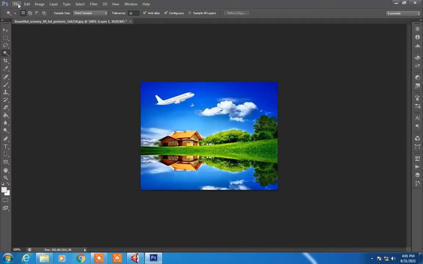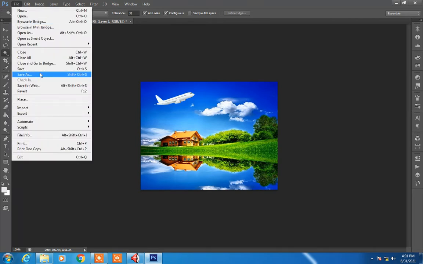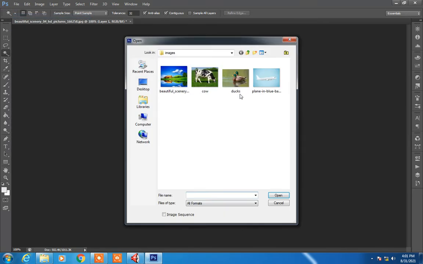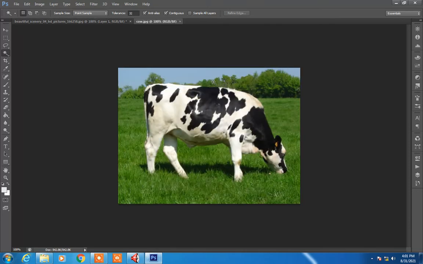Let us see how we can make use of the second type of selection tool. For that, let us select and open another image. So we have an image which has different shades in the background. So for that we will make use of the magnetic lasso tool. The magnetic lasso tool will help us to customize our selection.